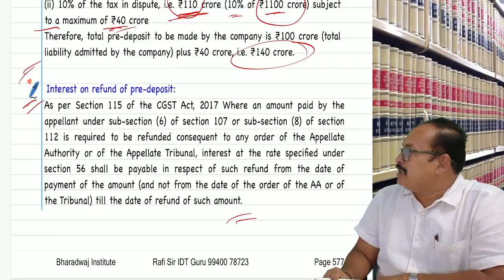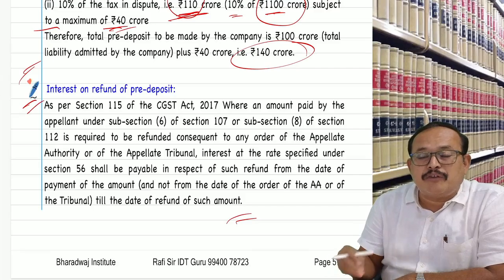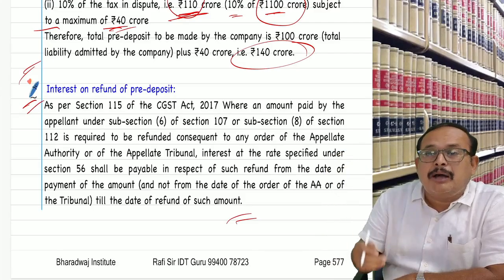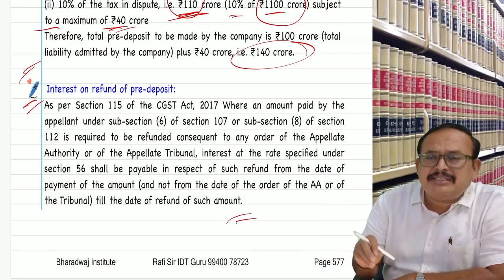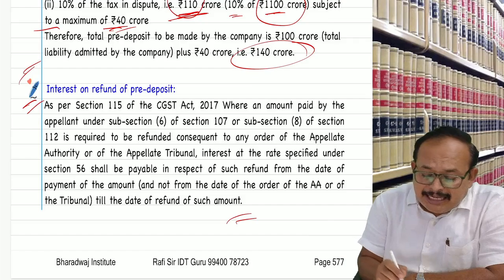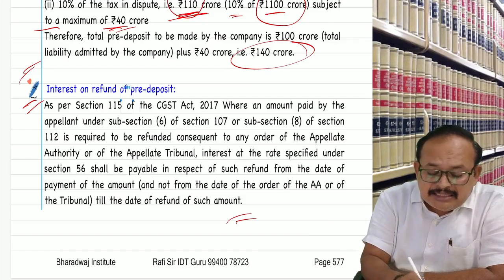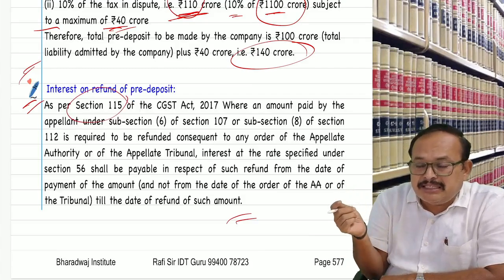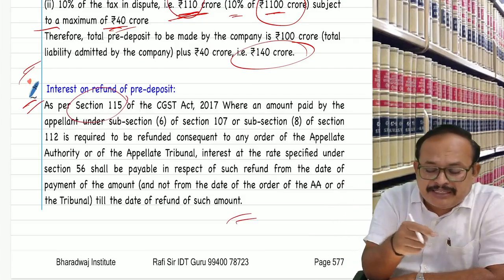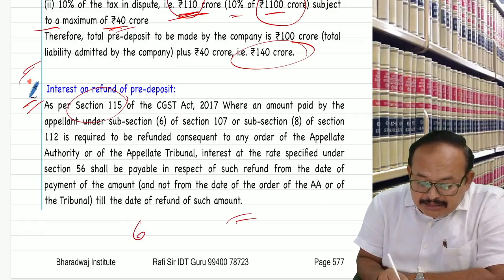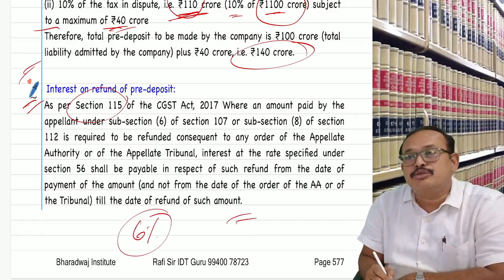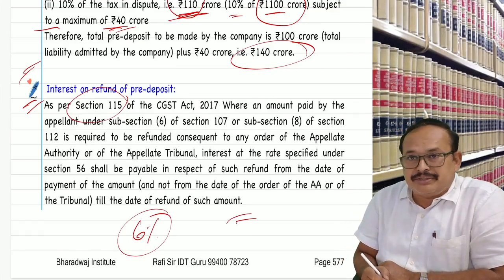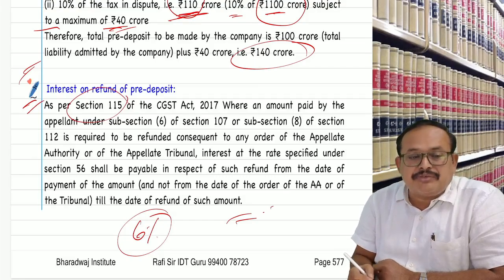And also we referred in the last class, if we won the case after paying the pre-deposit and going for appeal, where the taxpayer won the case, the amount should be refunded to the taxpayer by the department as per section 115 of the CGST Act. It says that from the day of the pre-deposit till the date the pre-deposit is refunded, interest at the rate of 6% per annum has to be paid to the taxpayer on that pre-deposit amount. This point also we referred in the last class. Up to this, in the last class we referred, my dear friends.